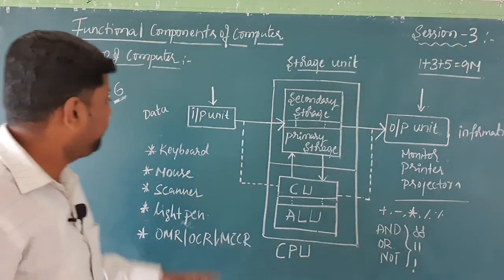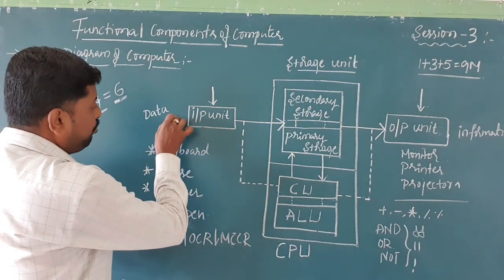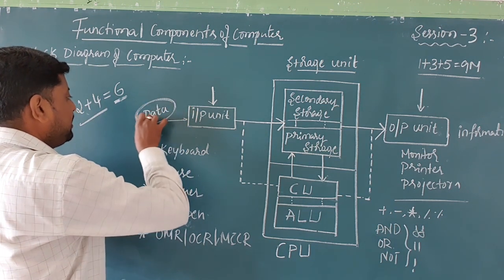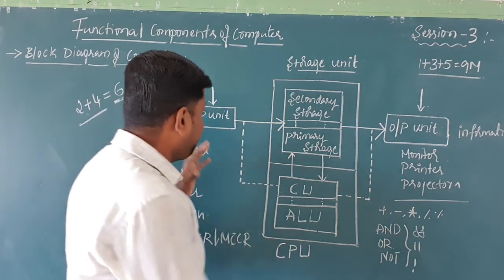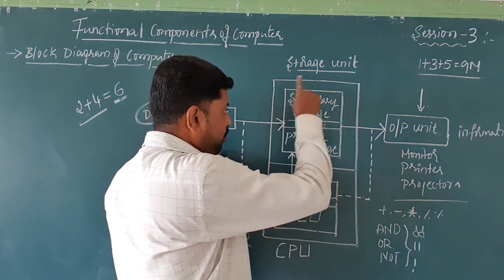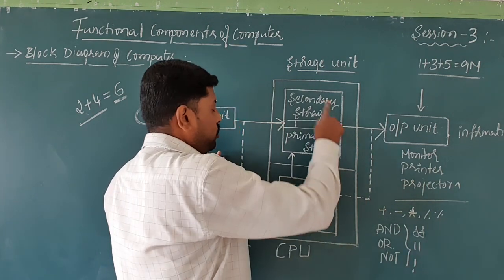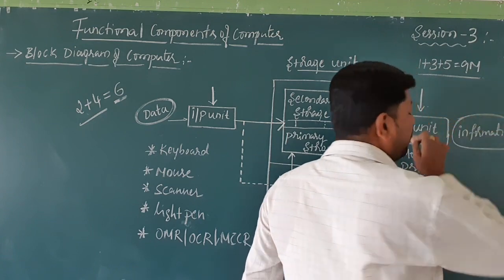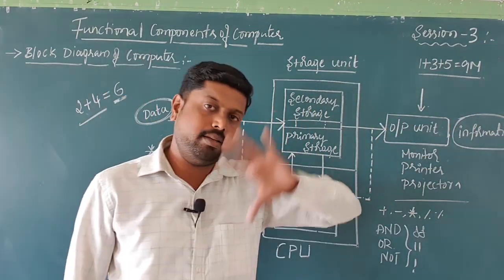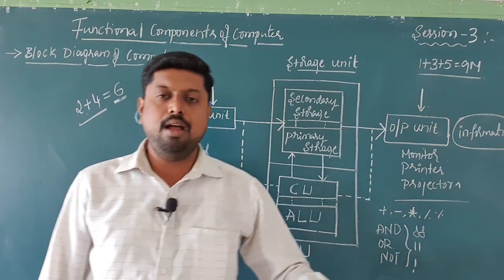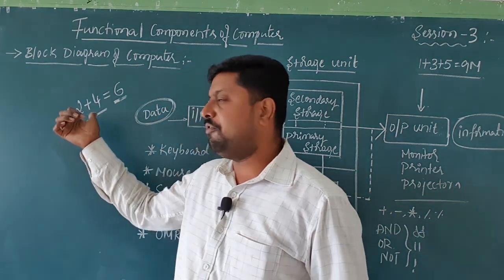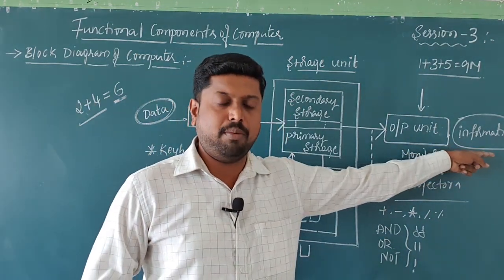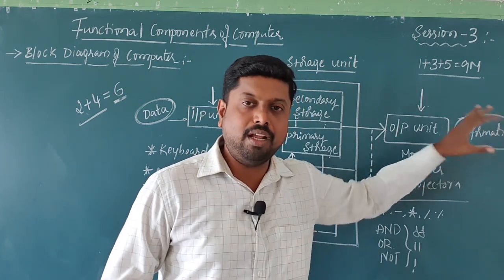Now, before going to the input of the computer, the data we have given is in raw format. The data will be accepted by the input devices, then go through process and storage, and give the exact result. The same data is converted into information. In the previous session we discussed what is data and what is information. The raw facts are what we call data, and the processed data with meaningful information is what we call information. It will convey the meaning.